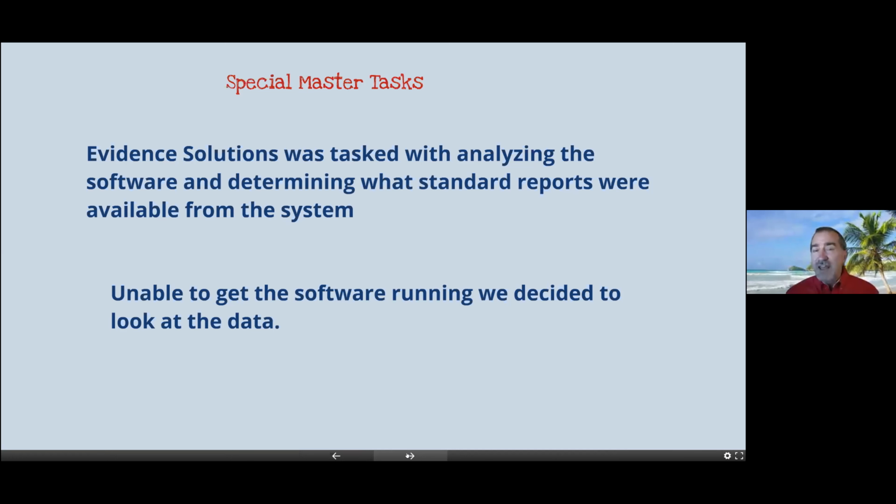So we were unable to get the software working, and so what we decided to do, with the blessing of the arbitrator, is extract the data out of the system, because I have a background in database programming. So I wanted to extract the data out of the system and see what the data showed, which is perfect,